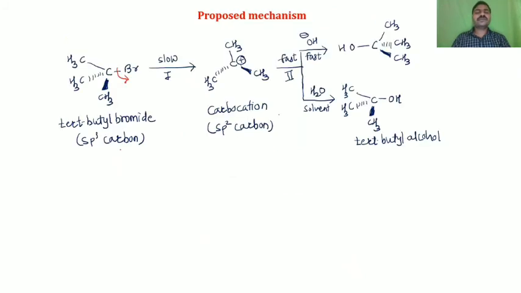Proposed mechanism. So this is the mechanism of SN1 reaction. So you can see that in tertiary butyl bromide the carbon atom is sp3 hybridized. So first there is a departure of the leaving group. So the leaving group goes with its bonding electron pair and forms a carbocation as an intermediate. This is the first step of the reaction, which is the slow step, or we can say that this is the rate determining step, and the carbocation is sp2 hybridized, and then the nucleophile can attack this carbocation from both sides equally and form these two products, that is tertiary butyl alcohol.